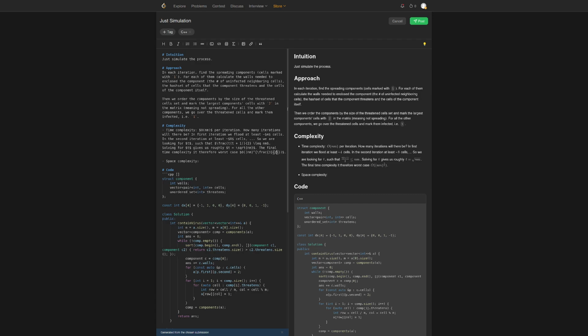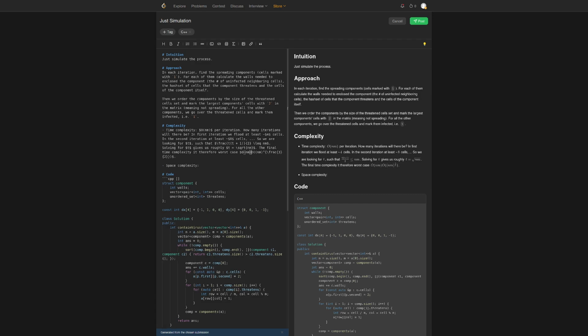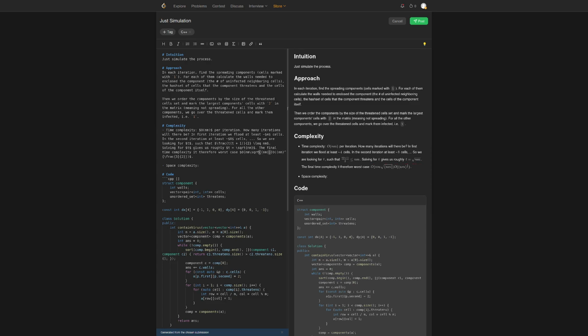Okay, so it's O of nm times square root of nm, which is equal to this, I think. I guess that works. Space complexity